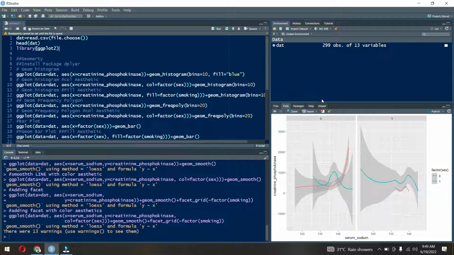In this tutorial, we will learn the remaining part of GGPLOT2. We had already discussed in a previous video the basics of GGPLOT2 with geometry scatter plot. But in this video, we will explore more about the geometry, the facet and other options. So we can just start with importing our data,